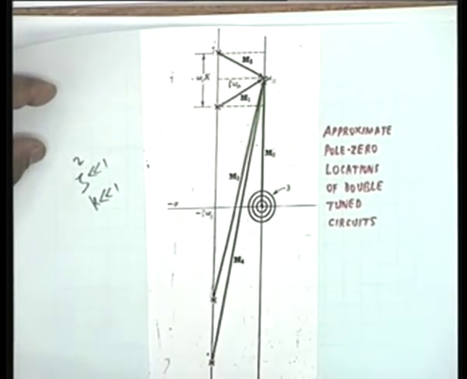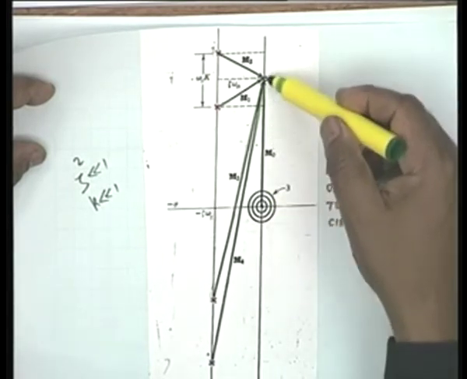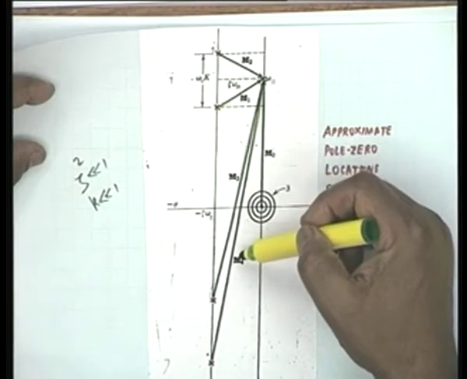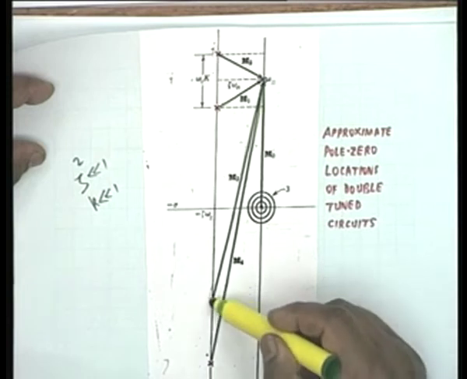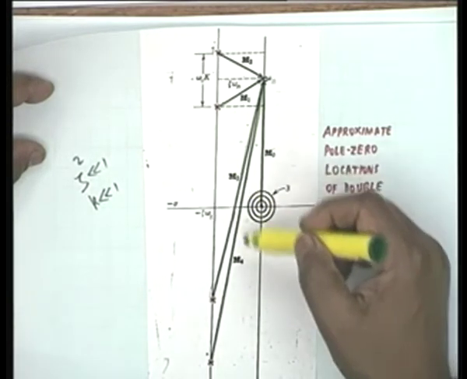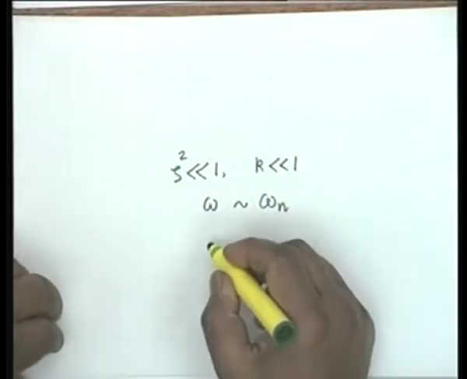The other vectors can be approximated. m3 and m4 being very close to each other and being very close to the j omega axis, the poles being very close to the j omega axis, can be approximated by twice omega n,